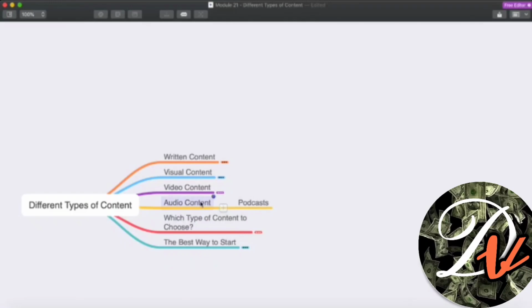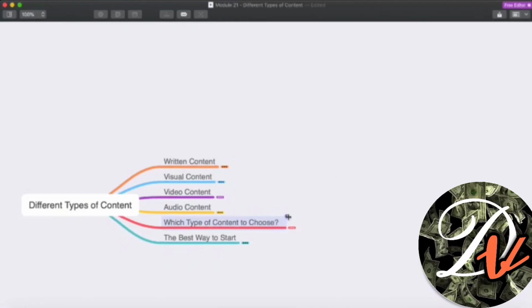So all of this content you might have consumed actually, but now it's time for you to create these kinds of content, but not all at once, because all these content types actually take some time to create, time to think about. You need to research, and consider what all you should consider, like which type of content to choose. So let's figure out which type of content you should choose for your brand,